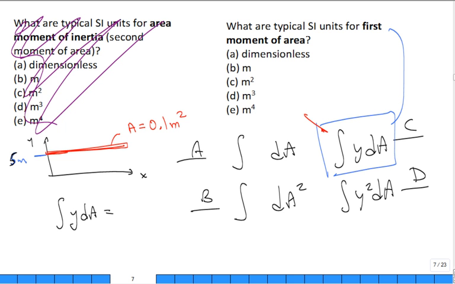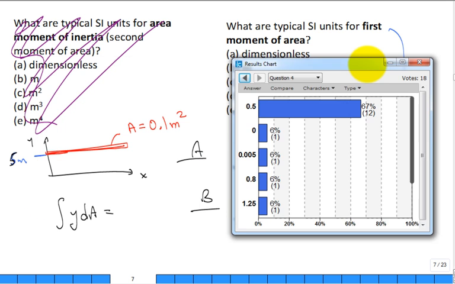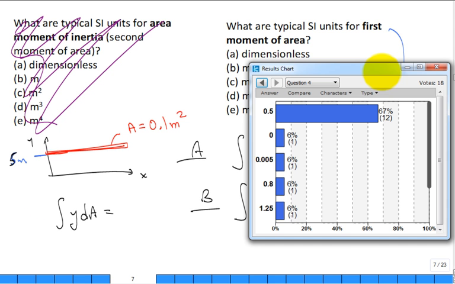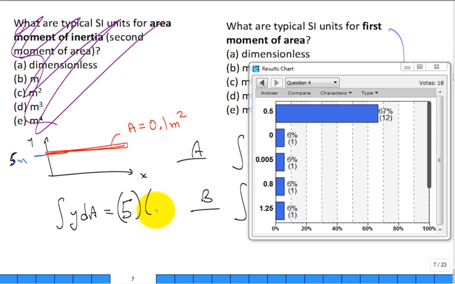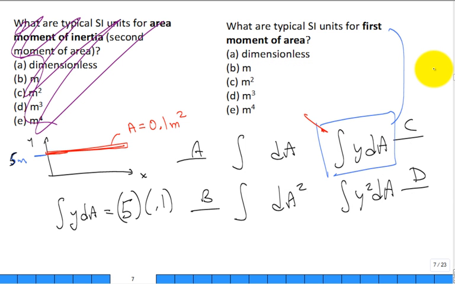All right, everybody's in. Let's go ahead and grade this one. This is approximately the area, because y doesn't change over that whole strip. It's just 5 times 0.1. So that's 0.5. Are any other answers close? Okay, so now that we've graded that one,